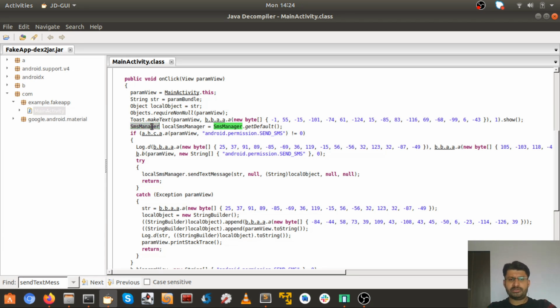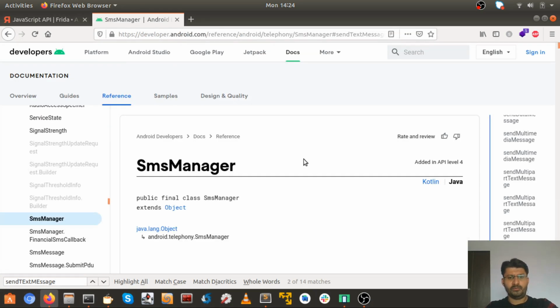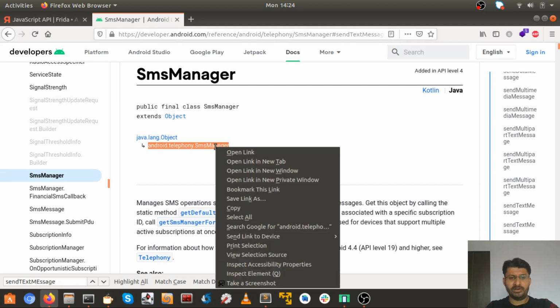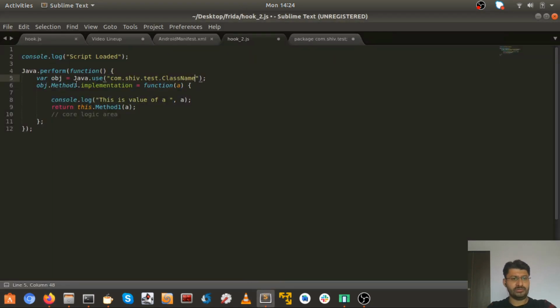First of all, let's see how the implementation is done for SMS Manager. If we come here, we can see the package name is android.telephony, and the class name is SmsManager. So rather than hooking into com.example.fakeapp, we'll try and use this class name. Now let's prepare our hook function.